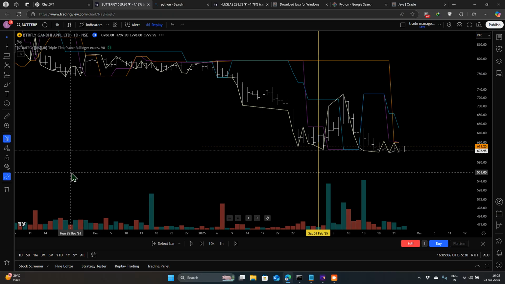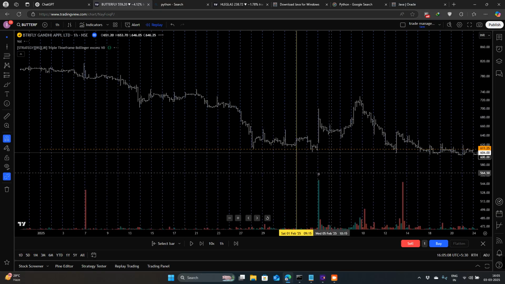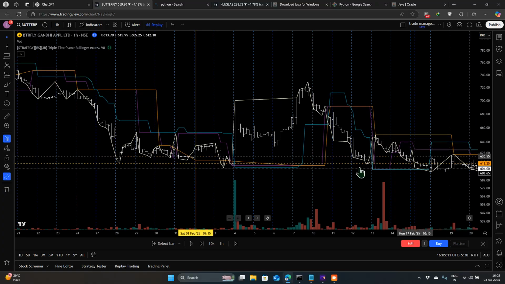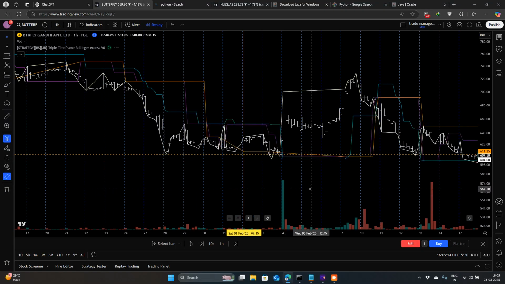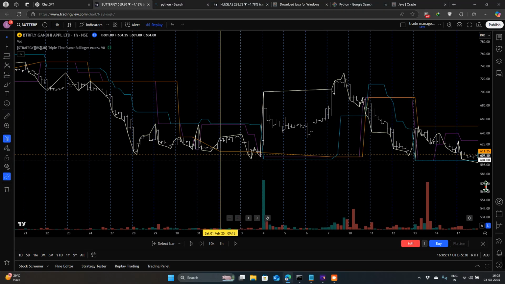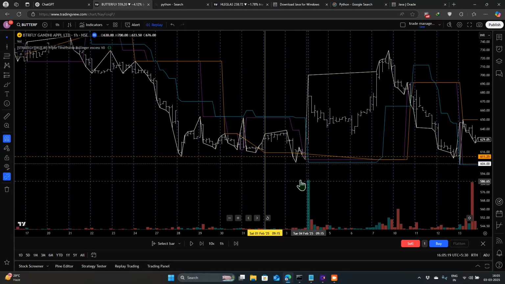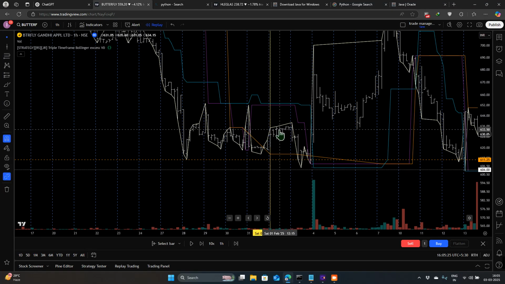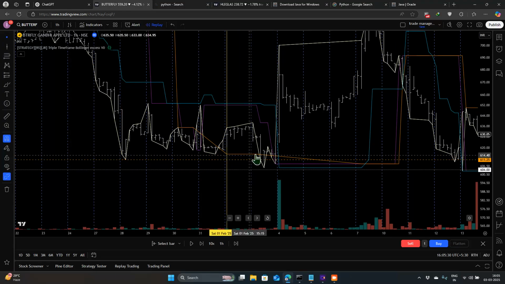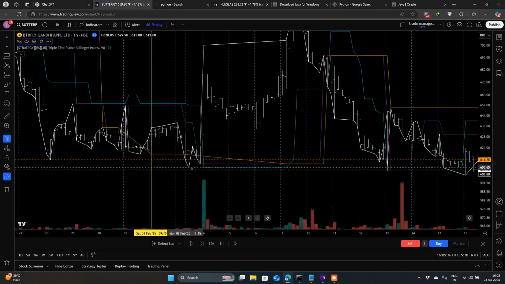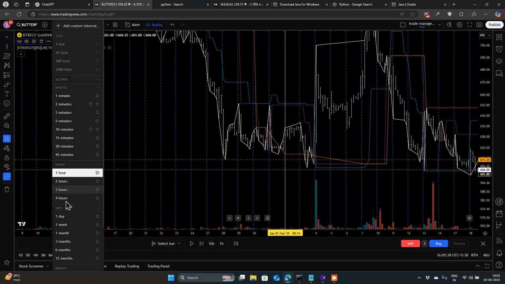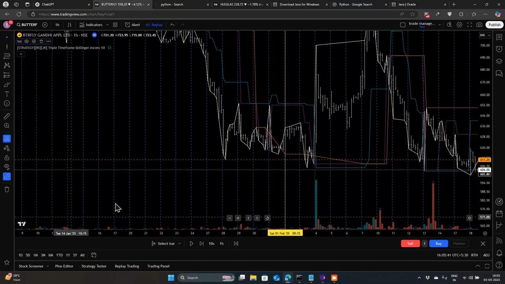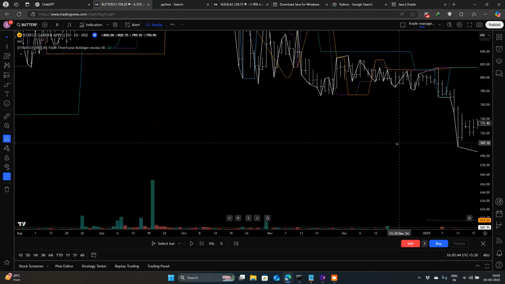Let's see on 1 day, then 1 hour. What's the scene on 1 hour? 1 hour, this is the scene. Okay, on 1 hour we could not have taken the trade because the time was 0 actually. You see here the time turned positive 1, 2, 3, then 4, 1, 2, then somewhere around here the time turned positive, and then this was the stop and the stop was hit. So the time was not negative, and that's the problem. We cannot take the trade. Time has to be negative. Okay, so this would automatically have been invalidated, and that's the beauty, you know.